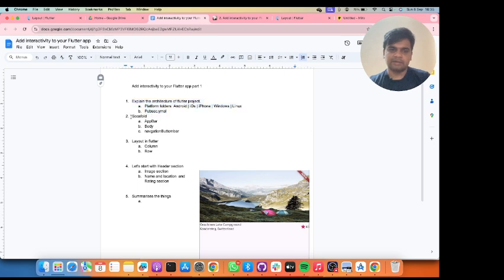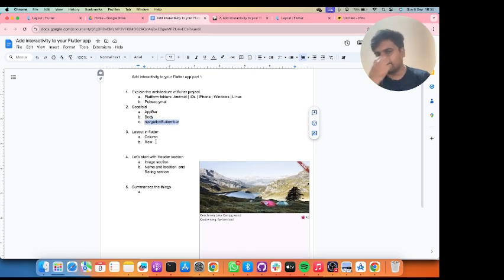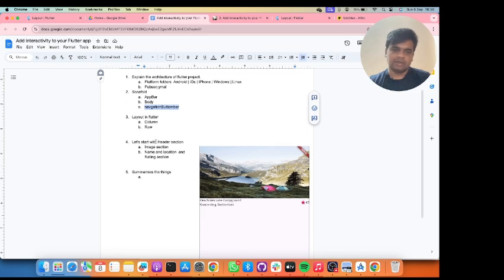We learned about an important widget called the Scaffold widget. And then we learned about three components of the Scaffold widget: the app bar, the body, and the bottom bar. We learned about two types of layout. The first one is the column layout and the other is the row layout. These are multi-child layouts. So we learned about the column layout and the row layout, and along with that we